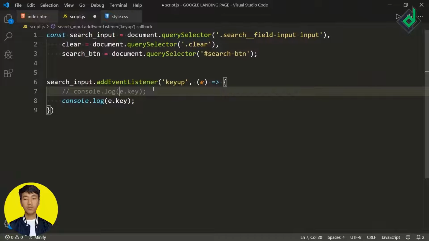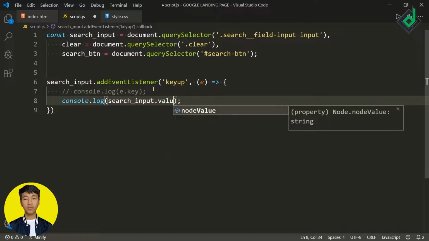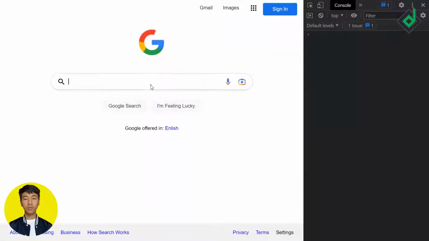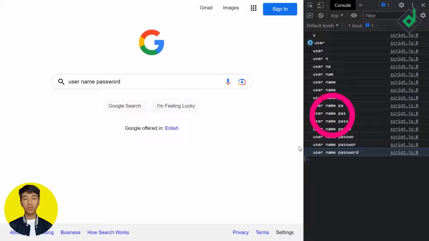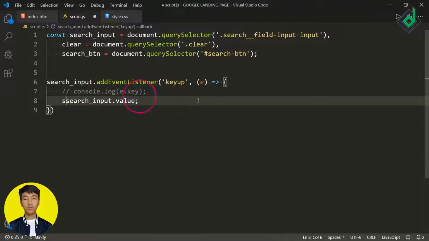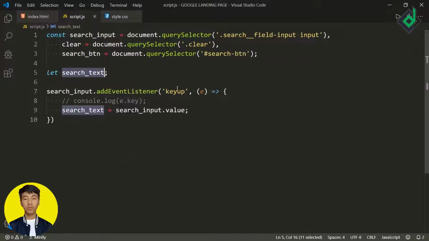Let's console.log the value that I have entered in the search bar. So if I write searchInput.value, in the browser, whenever I am typing anything in the search bar, in the console, did you see that? We'll get all the values that I have typed. So now let's store this search value inside the searchText variable, and I haven't created that variable, so let's create that searchText variable. Now whenever you are typing anything inside that search bar, at that time we are getting the value.